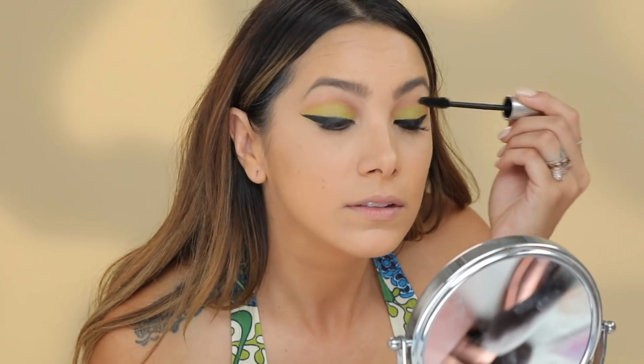All right, so now that we're complete with the liner, we're gonna keep it in the green sort of vibe, pun intended, because we're going with the Kush mascara from Milk. And this mascara is actually, I have to say, really, really good. I was a ride or die Too Faced Better Than Sex mascara user. I literally have not changed mascaras in, I'd say, a year or 2, but this mascara is really, really great. I do a couple coats of this, and look at that, it has so much